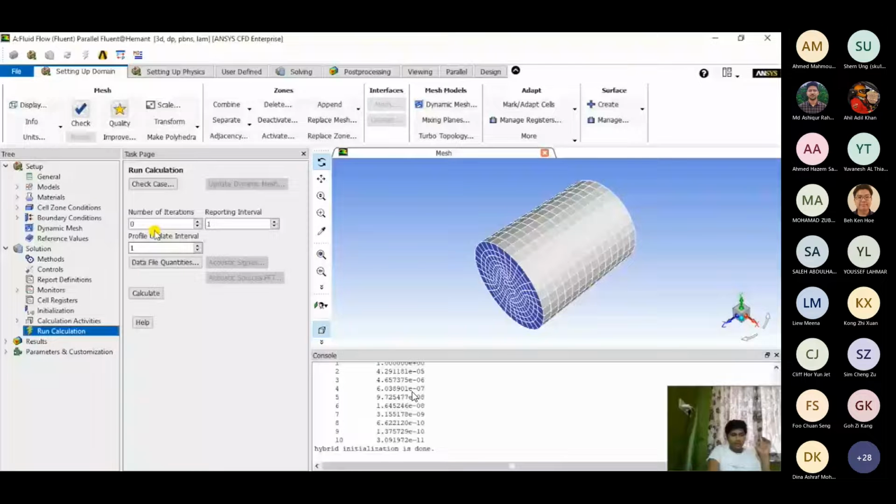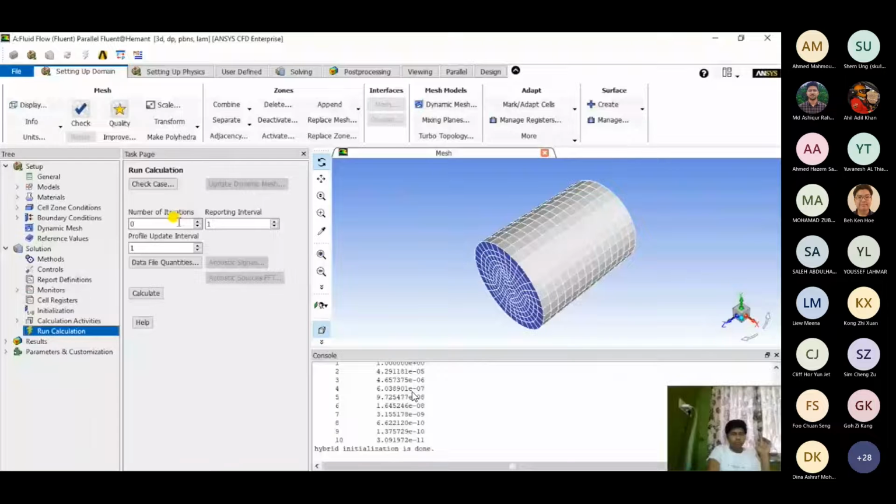But as you can see in our first guess, at the 10th iteration below in the console, the value is 3.09e-11. That means 3.09 multiplied by 10 raised to minus 11. So it goes up to that level of accuracy. That is your first guess for your calculation, and that's how the calculation continues. Basically, this is the first value of the first guess that the solution will continue from.